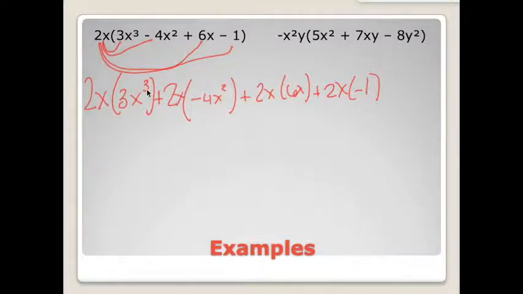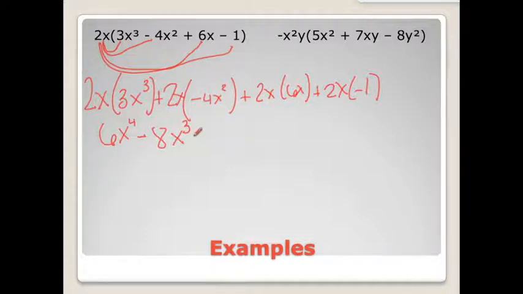Okay, 2x times 3x to the third. We multiply the numbers out front, so 2 times 3 is 6. We keep our base, x, and we add our exponents. 1 plus 3, 4. Okay, plus 2x times negative 4x squared. Again, we multiply the number out front, so this is actually going to be negative, because 2 times negative 4 is negative 8. We keep our base, x, we add our exponents. So negative